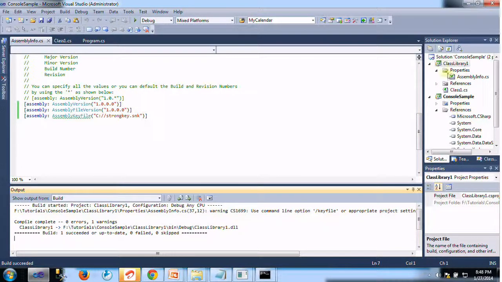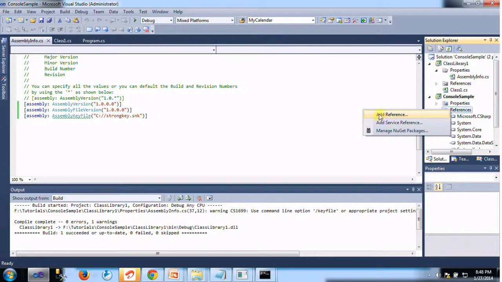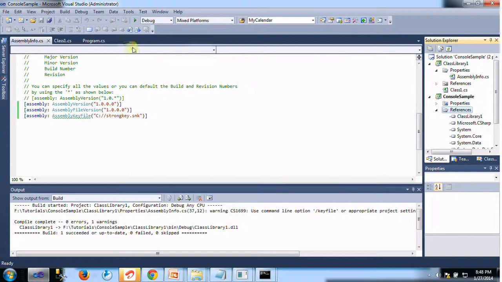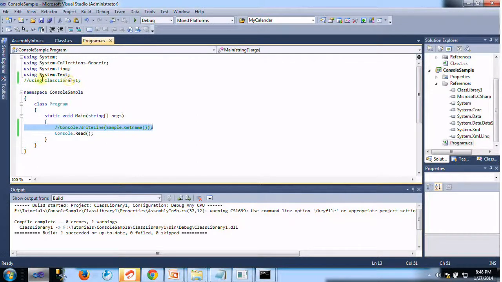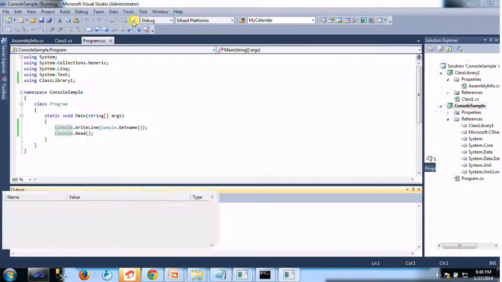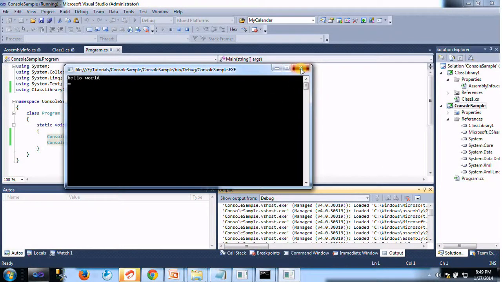Add the reference again to our console application, class library 1, and use this namespace in the console application class, and uncomment this, and also build this console application, and let's check whether it runs fine. It will happily run.